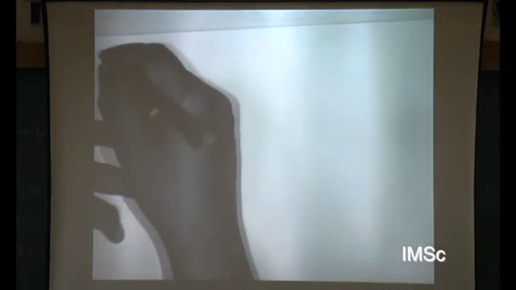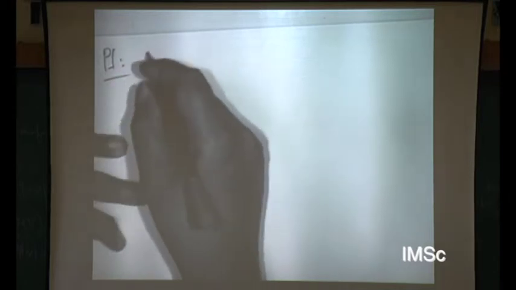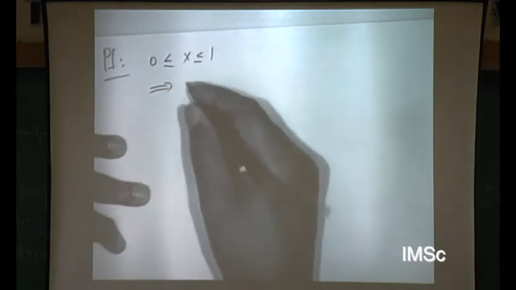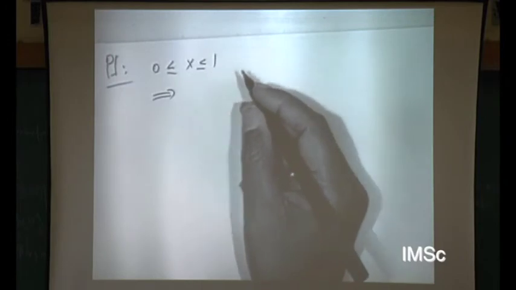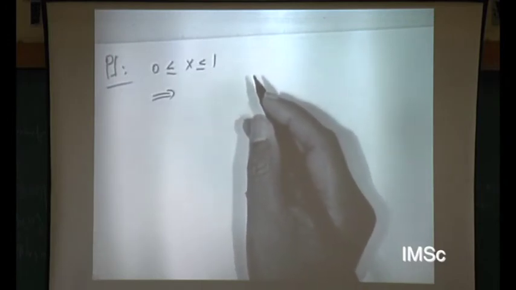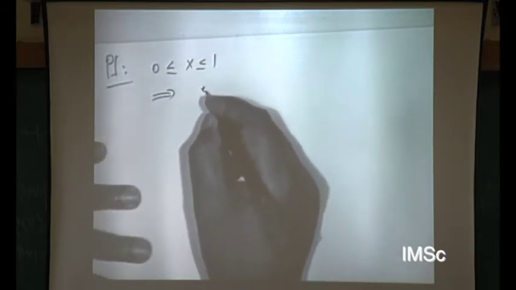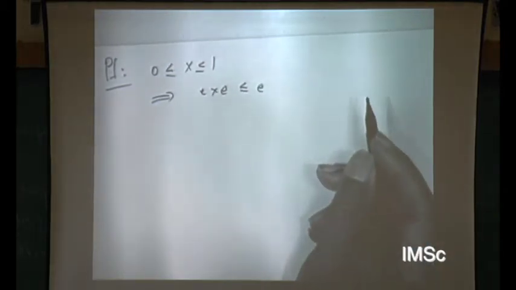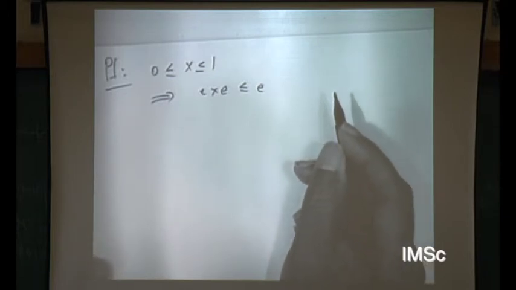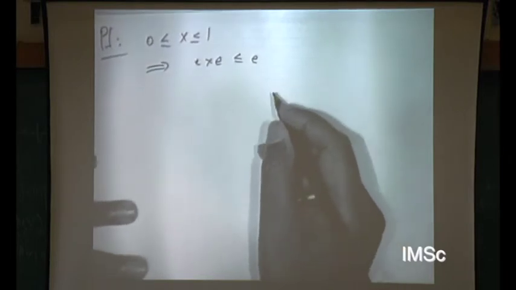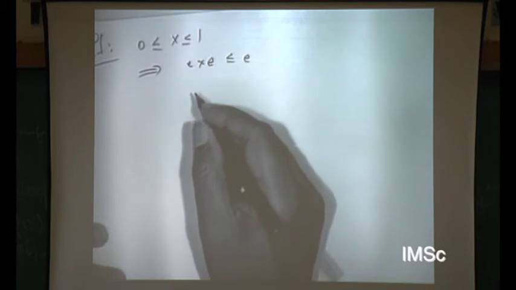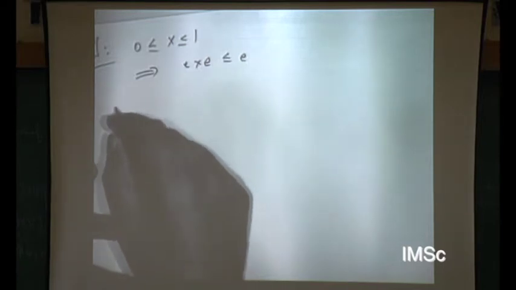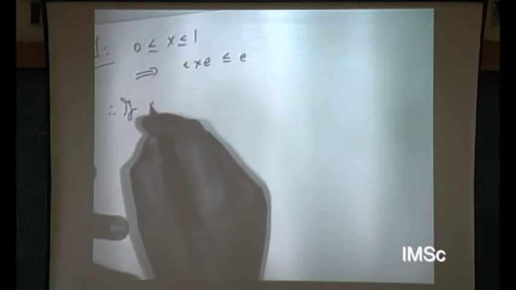Okay, proof. 0 less than or equal to x less than or equal to 1 implies, by the positivity of the map A going to XAX star, that ExE is less than or equal to E. Okay, so let me prove those two things are equivalent. Therefore if x is less than or equal to E,